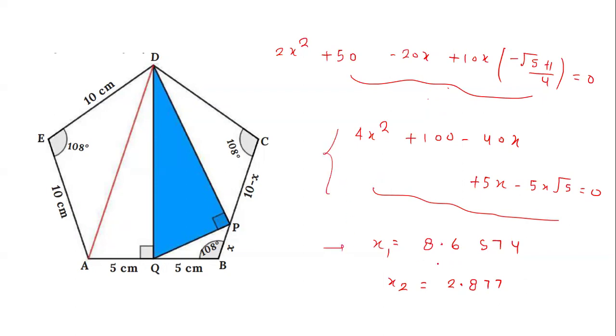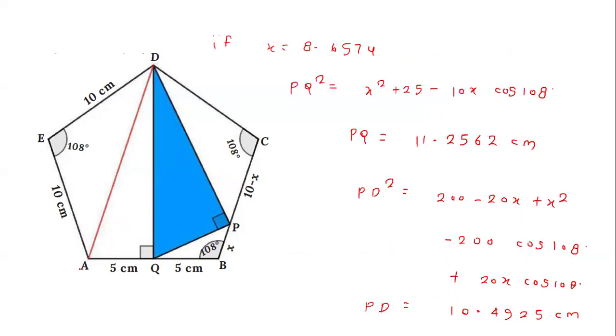So one root will become 8.6574 and another root comes as 2.877. So these are two roots after solving this quadratic equation. So you can solve yourself. So these are the two values that will come as the value of x. So x we assume like this PB length. So now if we assume x as this value,